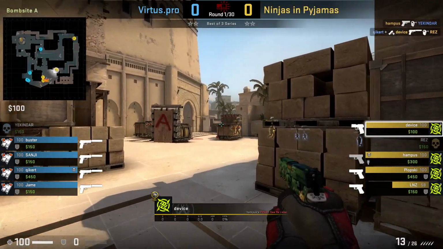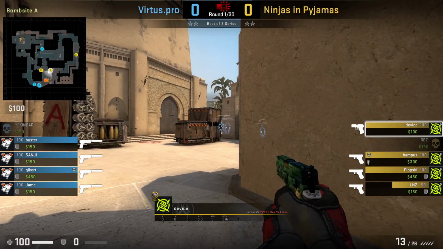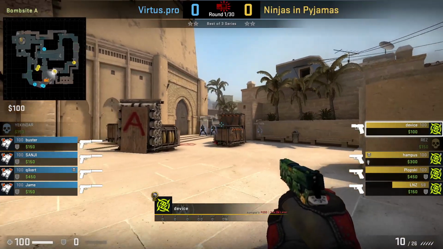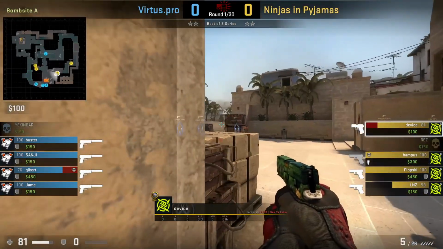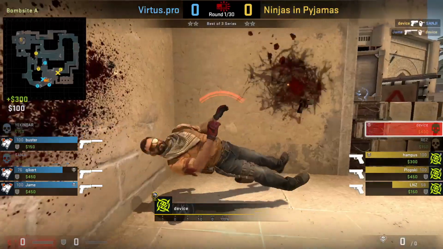Device with the P250 goes sandwich to hold CT, and he's going to take these aim duels. He takes a couple of shots before crossing the apex. This was very risky, and somehow he manages to come out alive. hampus flashes over ramp and Device peeks, taking the duel with Sanji triple, killing him, and then peeks CT, dying